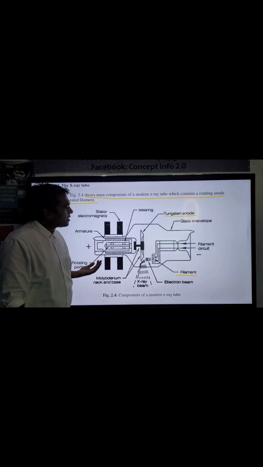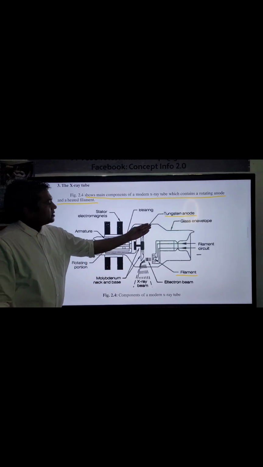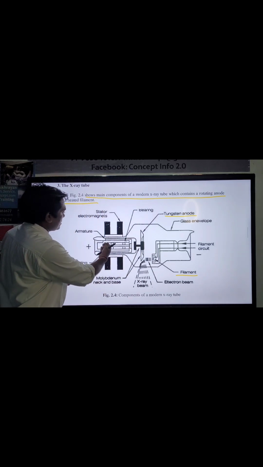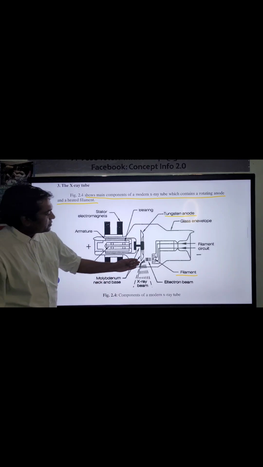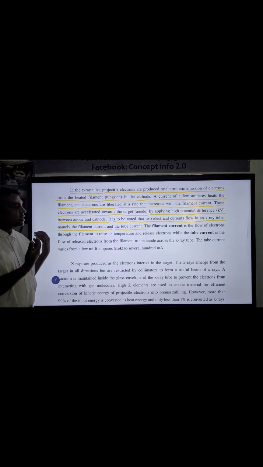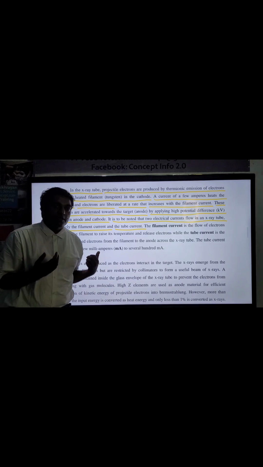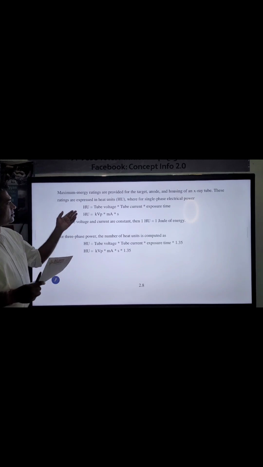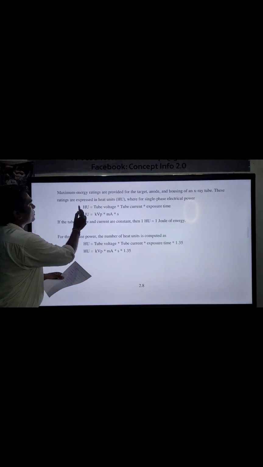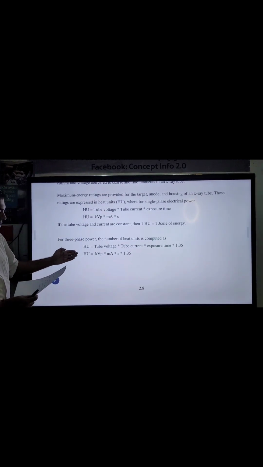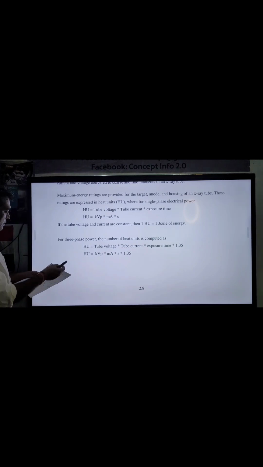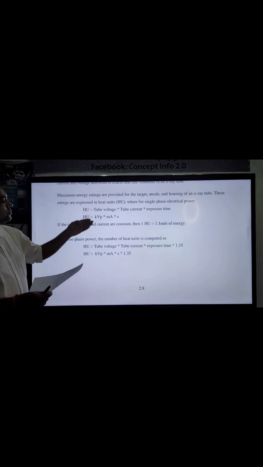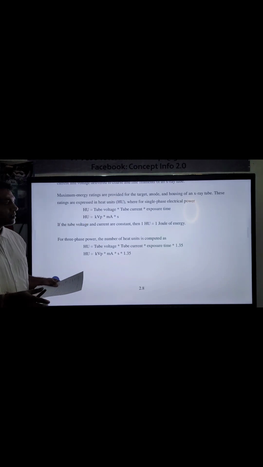This is the basic block diagram of the X-ray tube. This is the rotating tungsten-based anode, and you can see this is the motor, and this is the filament, and this is the filament circuit. I also will describe the complete theory of how the X-ray works in our theory class, and that is covered in these 10 days. And this is the heat unit formula. This is for single phase, this is for 3 phase 6 pulse, and for 3 phase 12 pulse it is 1.41 for heat unit. The unit is joule.